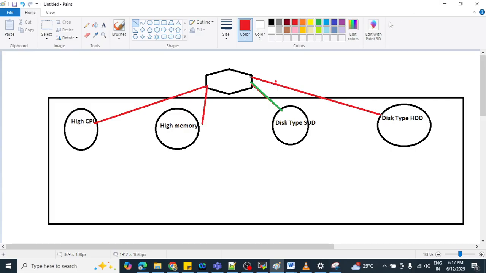Only this node I need to choose. I want to schedule my application on this particular SSD type of node only. That is the use case. I think it is clear now.